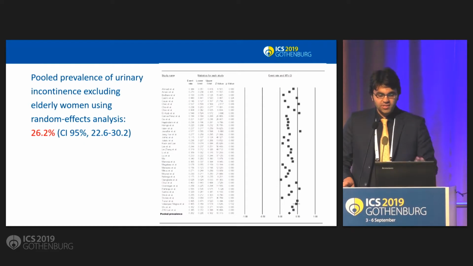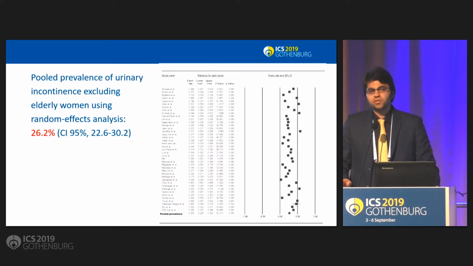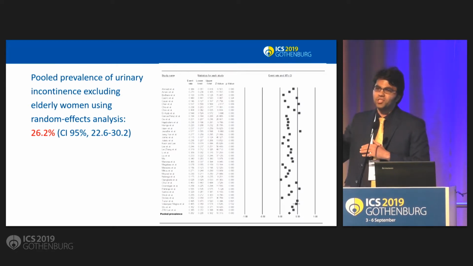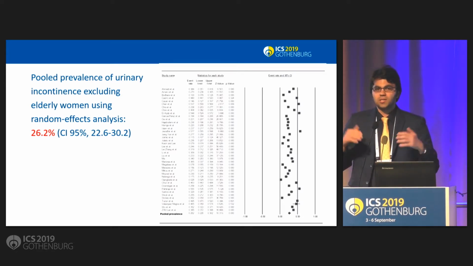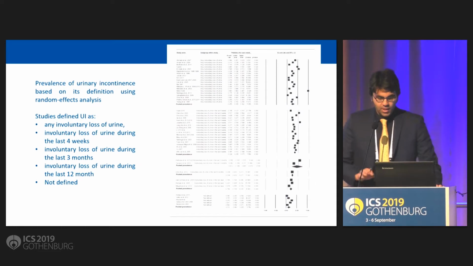For the pooled prevalence, we omitted the elderly section to have another assumption without the elderly for the prevalence. It didn't make much difference. We assumed that because the elderly population is not that much in the developing countries, because the population is mostly young, this might not have had a major influence as we can see in some other studies.